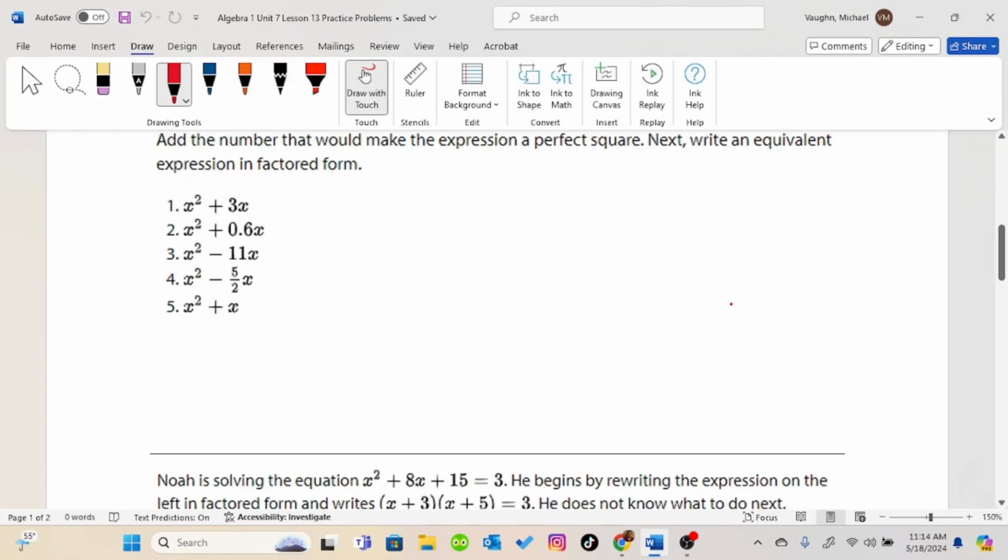Add the number that would make the expression a perfect square. Next, write an equivalent expression in factored form. So for number 1,